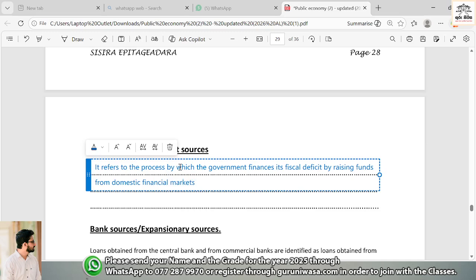There are two parts, right? Money market and what is the other one? Capital market. The capital market includes the share market, treasury bonds, debentures. Okay, fiscal deficit by raising funds from the domestic financial market